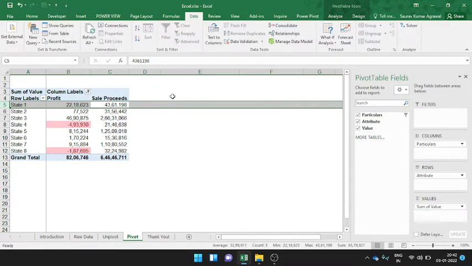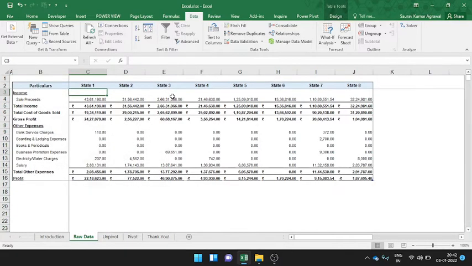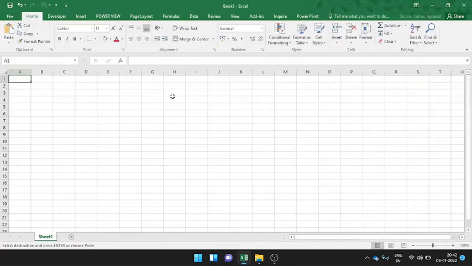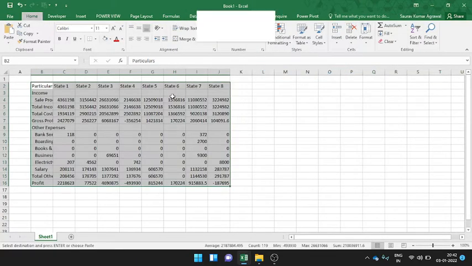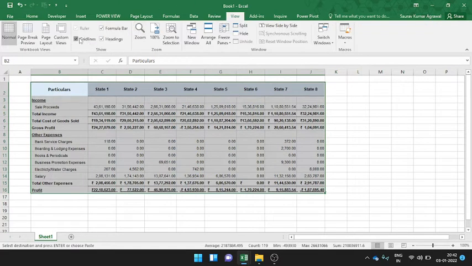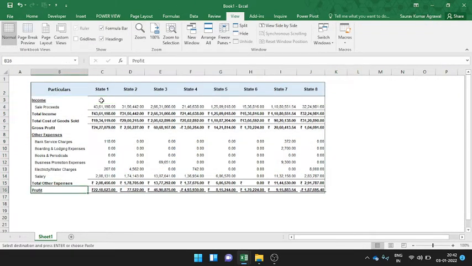Sounds good? Let us see how to accomplish the same. So let me do it from scratch. What I'll do is copy the data and create a new workbook. I'm just pasting it in a new workbook. That's it. Now first, before proceeding, what we should do is, because we are going to use Power Query, it